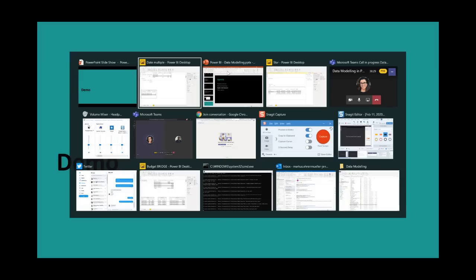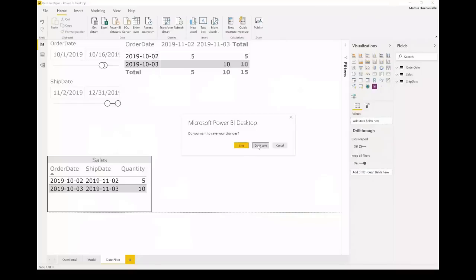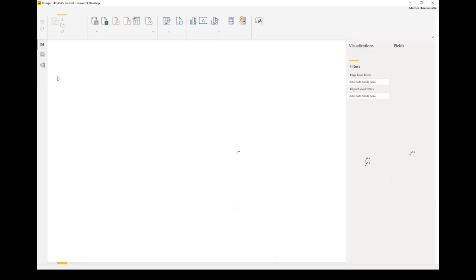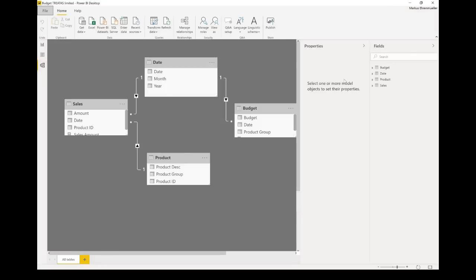Let's go to the demo. I didn't close the thing here down, which is bad because then it's not opening up the next thing. So let's see a typical example for a budget. Let's go to the model view again. So what we've got here